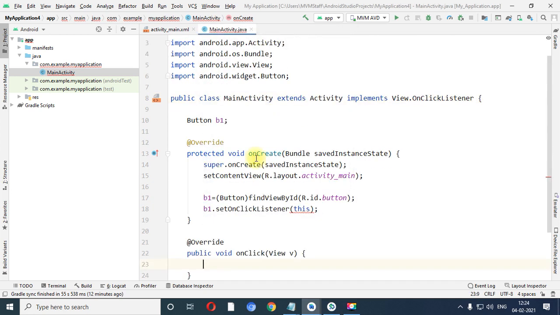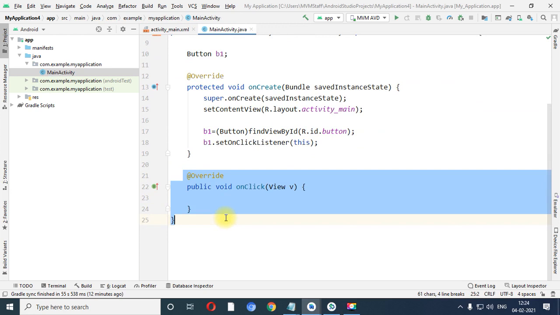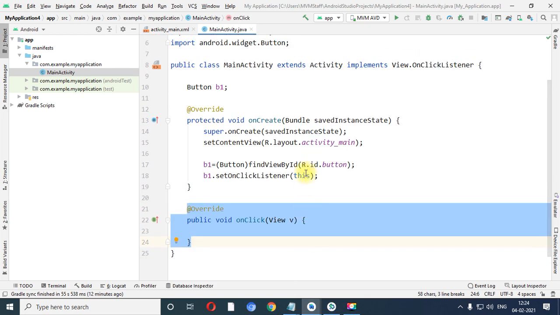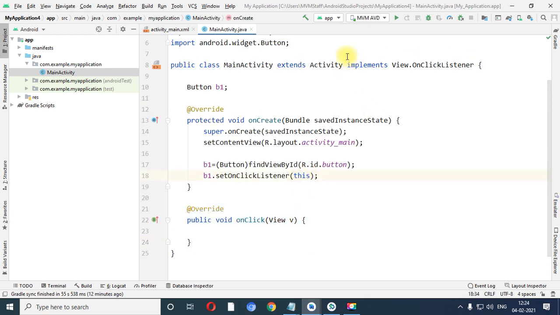Double click on this, and it will automatically override on the screen. I want to tell you one thing: don't write the code over here. You just need to press Alt Enter over here. You will get the implementation in the activity as well as the overridden method automatically. Otherwise, when you write code, it may be possible that a capital-small letter error will create some issues. So make sure that you just select it from the list.